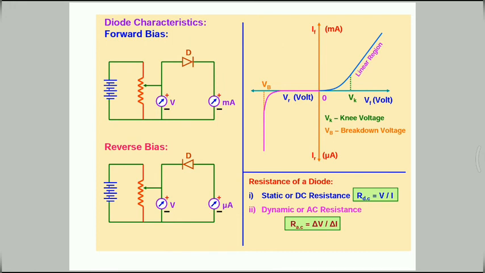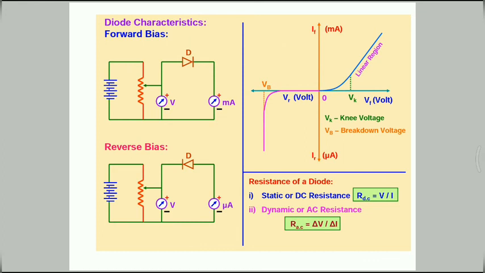Coming to reverse bias characteristics, the circuit diagram for studying reverse biased characteristics is shown in the figure. In reverse bias, the applied voltage supports the flow of minority charge carriers across the junction. So a very small current flows across the junction due to minority charge carriers. Motion of the minority charge carriers is also supported by the internal potential barrier, so all the minority charge carriers cross over the junction.